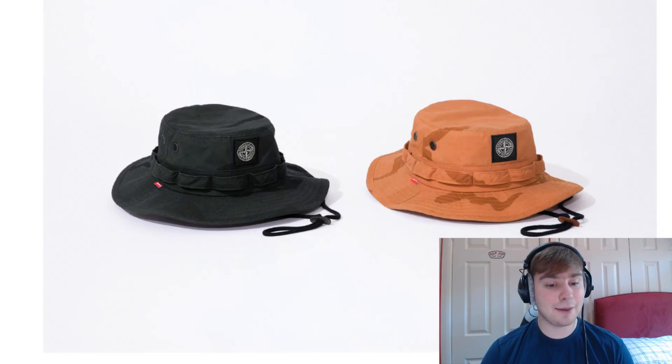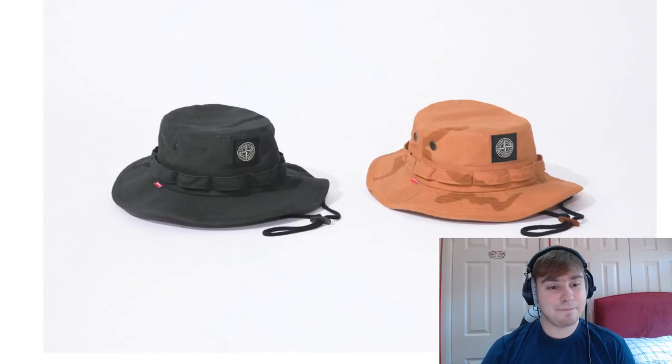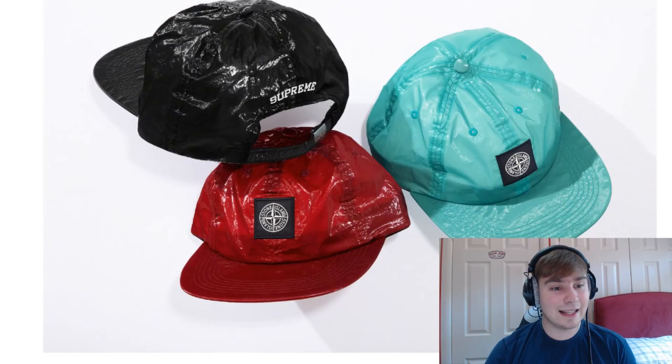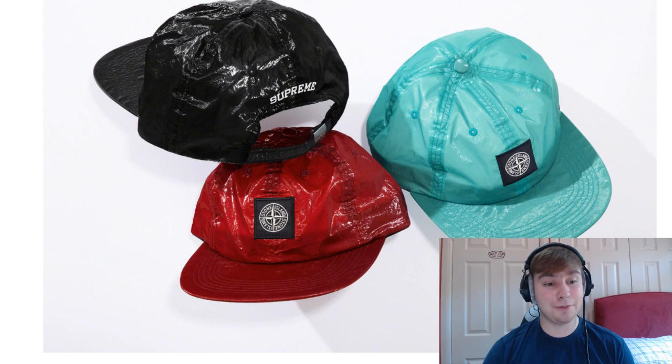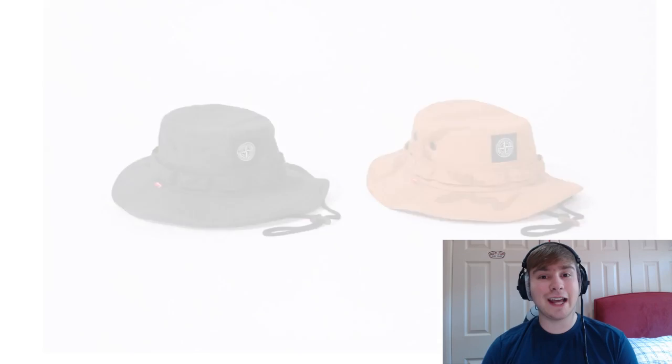And then we've got the camo Boonie, and then we've got the silk light 6 panel. So yeah, the Boonie looks cool, I'll give it that. This cap, the 6 panel, is just not doing anything for me personally. Oh god. So let's look at some comments on the items,